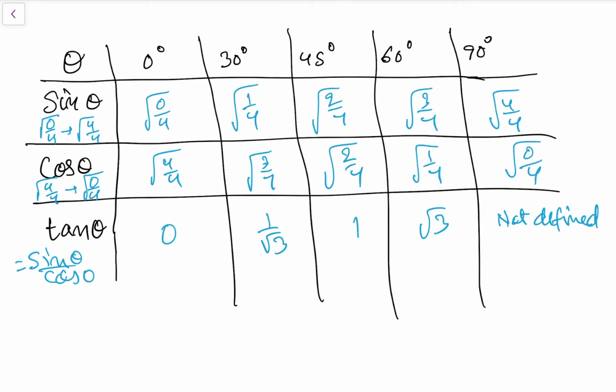So we learn that we don't need to remember the values for the different trigonometric ratios of the angles. We just learn the pattern from square root 0 by 4 to square root 4 by 4 for sin theta, and once we know the sin theta, we can derive the value for cos theta and tan theta. Thank you.